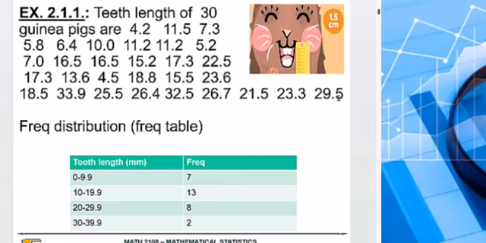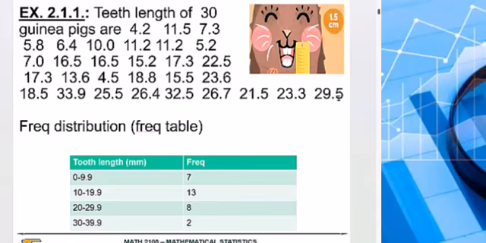You can see that if you just look at the raw data as a whole, it will be very messy. And imagine if we don't have 30 guinea pigs, but maybe 30,000 or something like that. For sure, we don't want to look at the raw data. It won't tell us much. So here, we can use the frequency distribution, the frequency table,